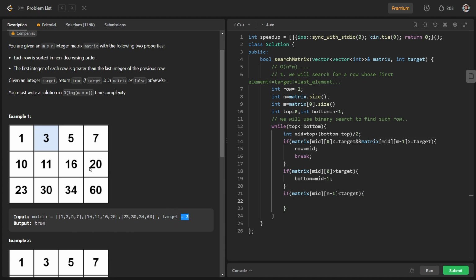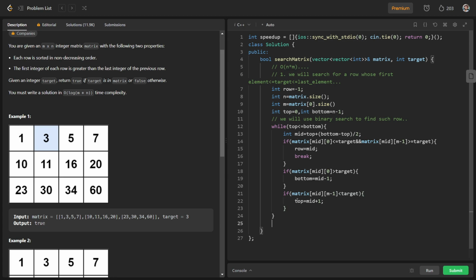Initially row 1 will be our row, and we can see that the last element of this row is smaller than target. So we will search all the rows below this row. We will just set top equal to mid plus 1. In this way we will find our row.